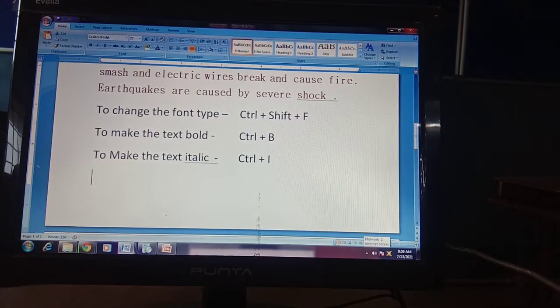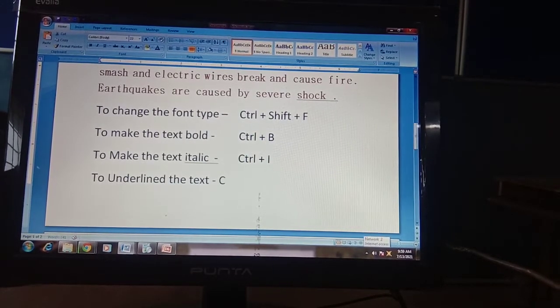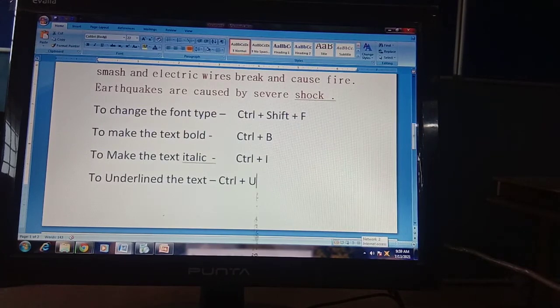Okay, now to make the text underline, to underline the text, what we need to do? CTRL plus U. Okay, this we have done.